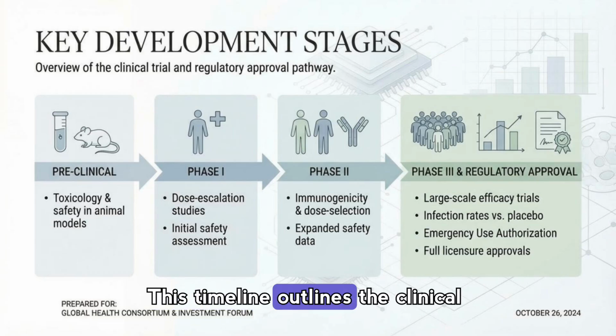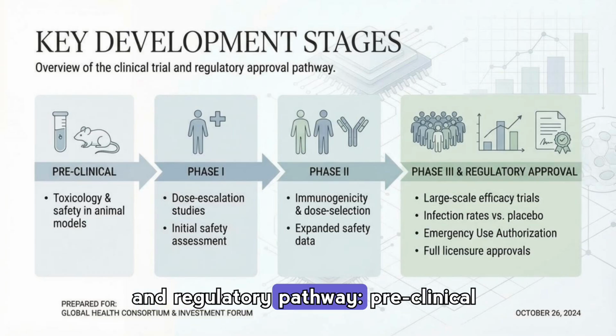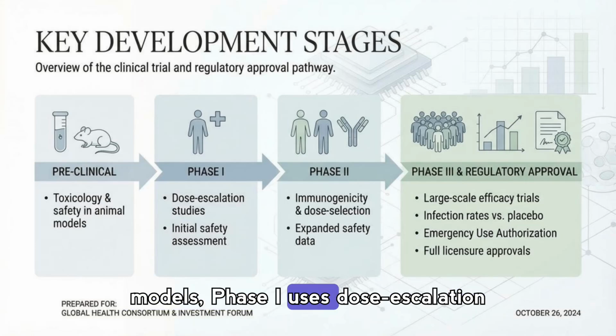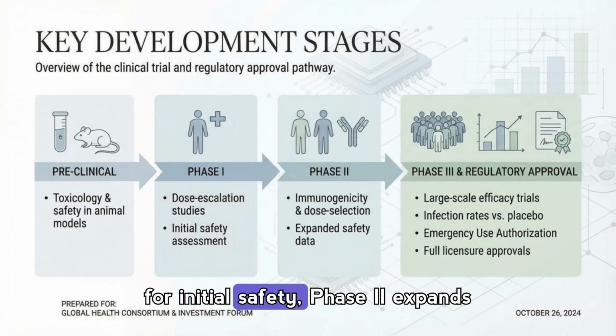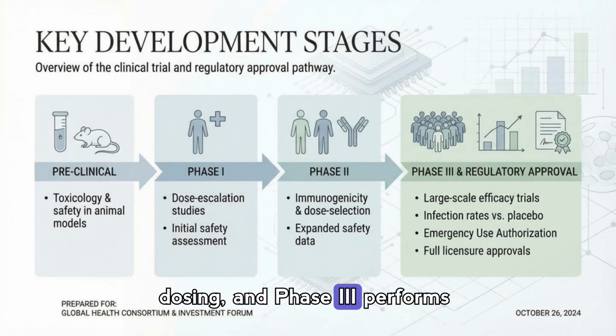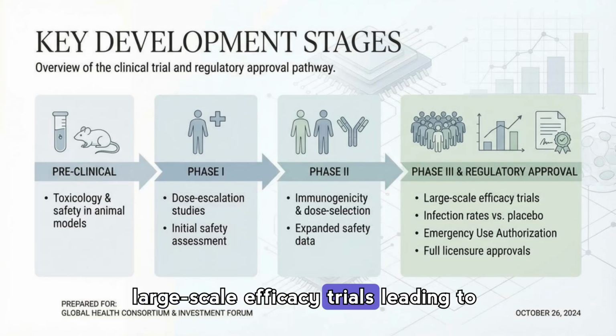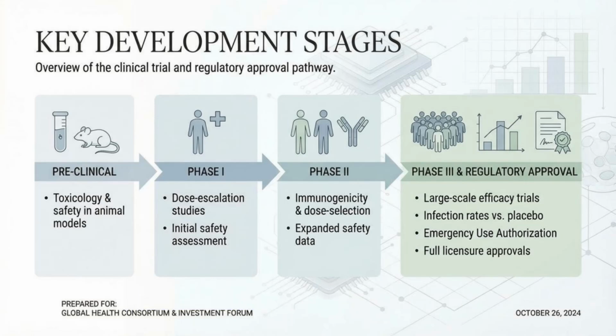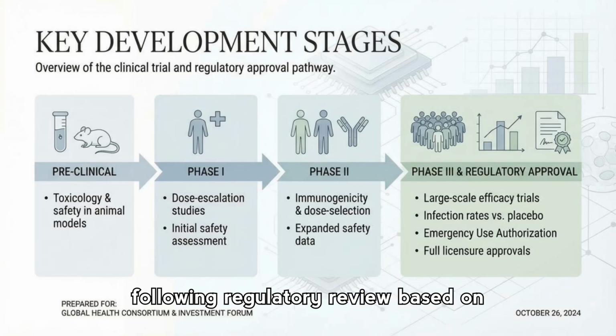This timeline outlines the clinical and regulatory pathway. Preclinical studies assess toxicity and safety in models. Phase I uses dose escalation for initial safety. Phase II expands safety and defines immunogenic dosing. And Phase III performs large-scale efficacy trials, leading to emergency use or full licensure, following regulatory review based on infection